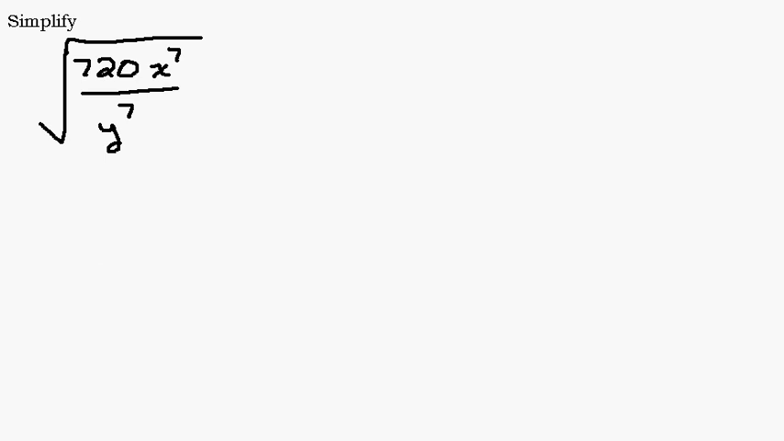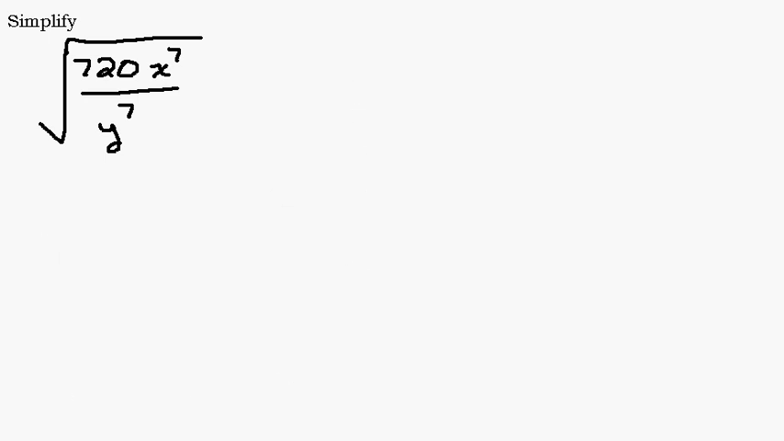In this video we're going to simplify this square root expression. We have the square root of 720 x to the 7th over y to the 7th. So we have quite a few things to deal with here. We can almost think about separating this into a couple smaller problems, and let's just go off to the side